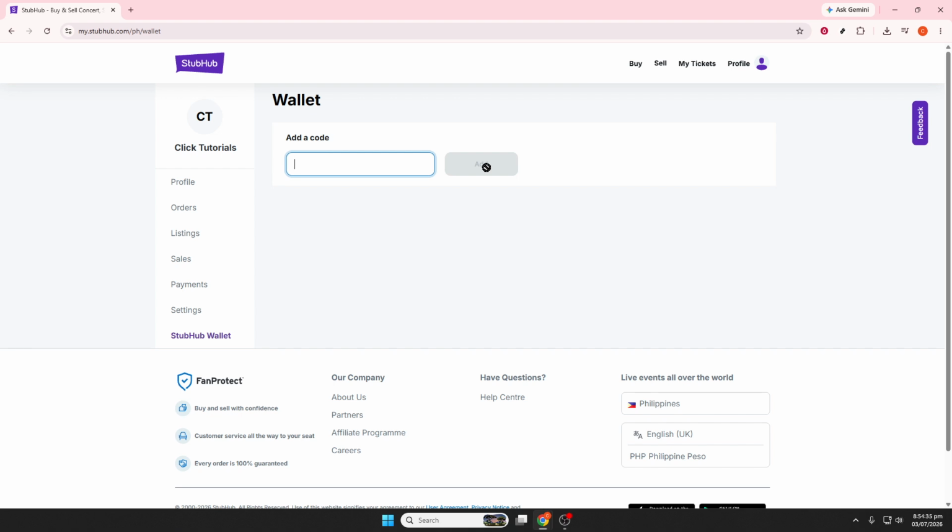Now check your order summary to confirm that the discount has been applied. If the promo code is valid and your order qualifies, you should see the updated total before you complete payment. If the price doesn't change, make sure the code was entered correctly and that your tickets meet any conditions tied